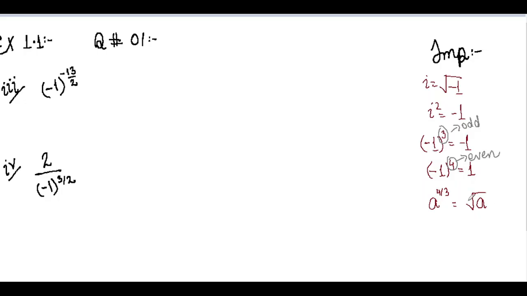Under root of a, now there is written 3, so we'll write 3 here, and the whole power remains the same, so the whole power will be 4. Similarly, if there's written a raised to the power 5 by 2, we'll again do the same: square root of a and whole raised to the power 5. Why don't we write 2 here?